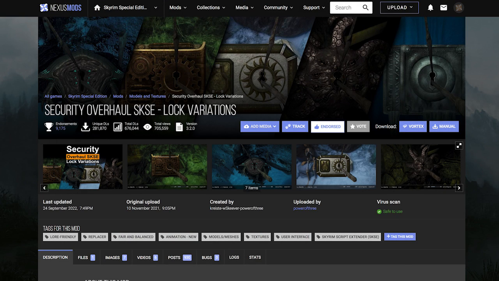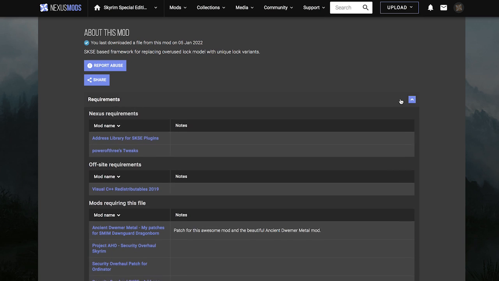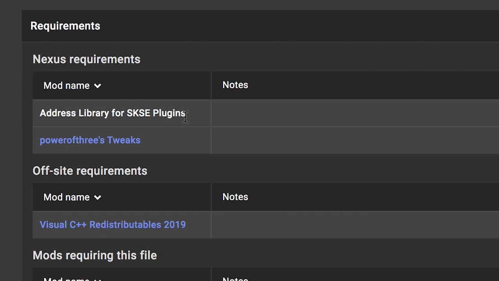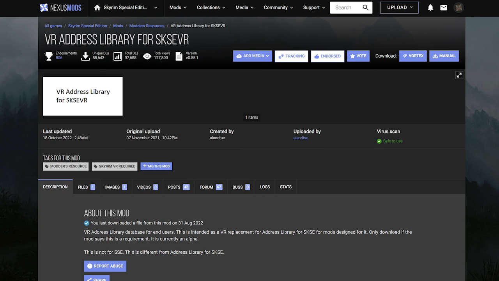If you browse for VR mods on the Nexus, then you've probably noticed that many mods require a prerequisite, Address Library for SKSE by Meh321. The problem is that Address Library never worked in VR, so a lot of the really cool mods that are built on this library were never possible in the VR version of Skyrim. That is, until now. Alan DTSE has created a VR replacement for the Address Library,